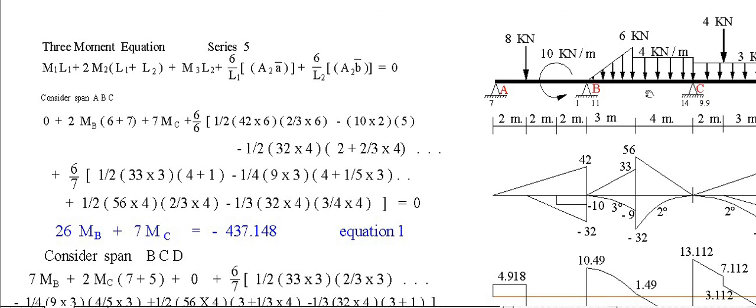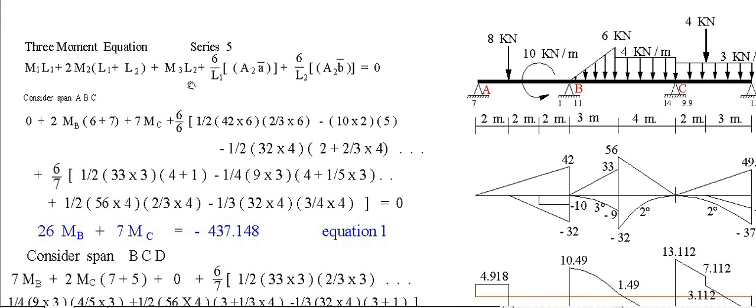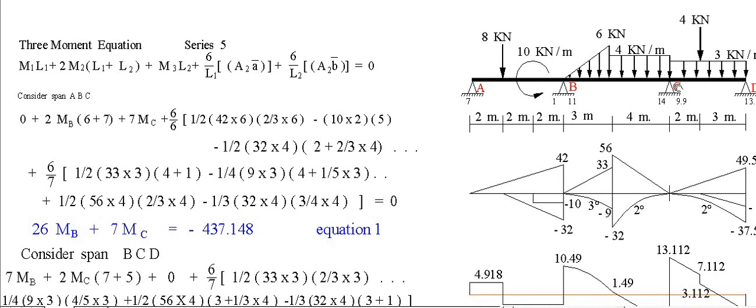This is the left, this is the right of the span. The moment at A is really 0. The moment at the center of ABC is twice moment at B. Then the distance is L1 plus L2, so 6 plus 7. And the moment on the right is moment at C. The distance is L2 or 7. Then the constant,